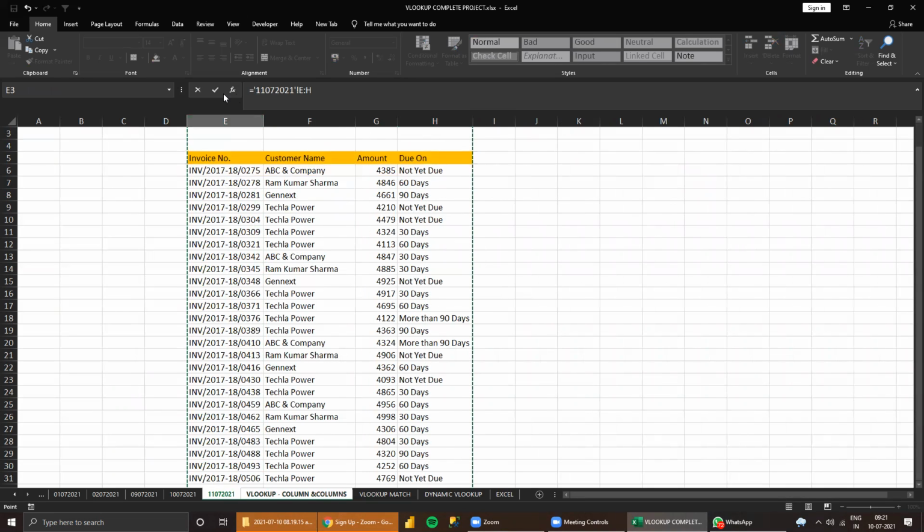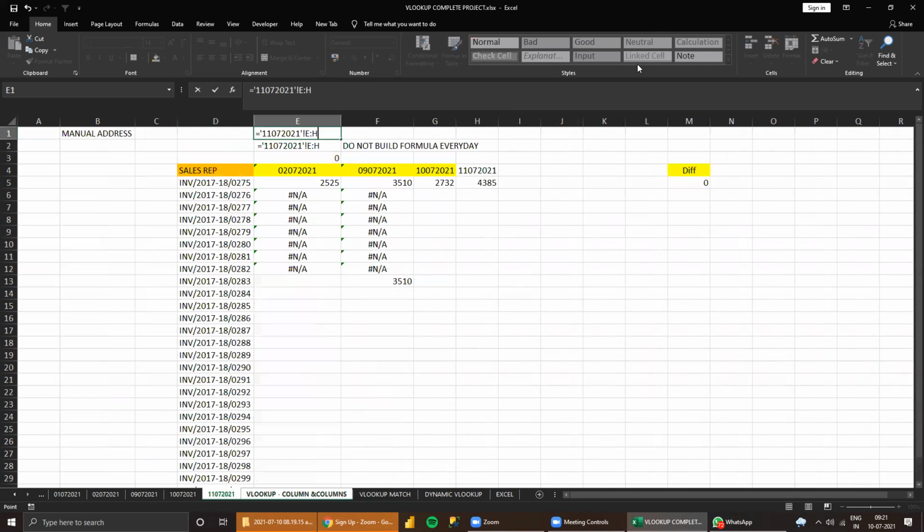Now I'll do this, okay? I'll enter. After entering, what you need to do: the single quote, we need to put a double quote here, left and right, and save. Then this tab name I delete, because the tab name I can refer from this.